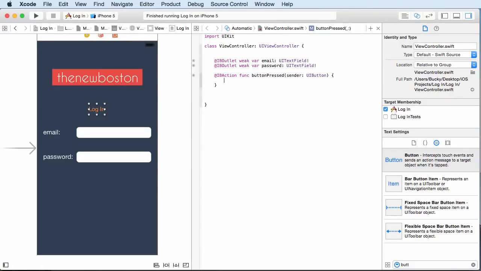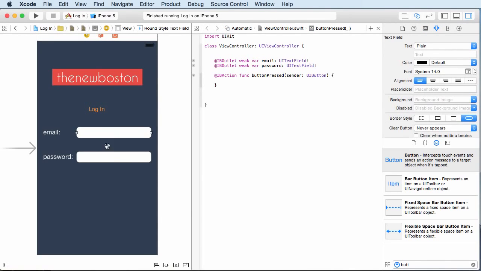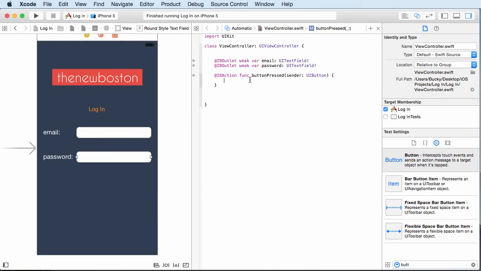So again, what do we do to hide the keyboard? Well, all we have to do is say, okay, this is not the first responder and this is not the first responder. Pretty much give up that priority. So we need to access both of these fields and drop the first responder status. So